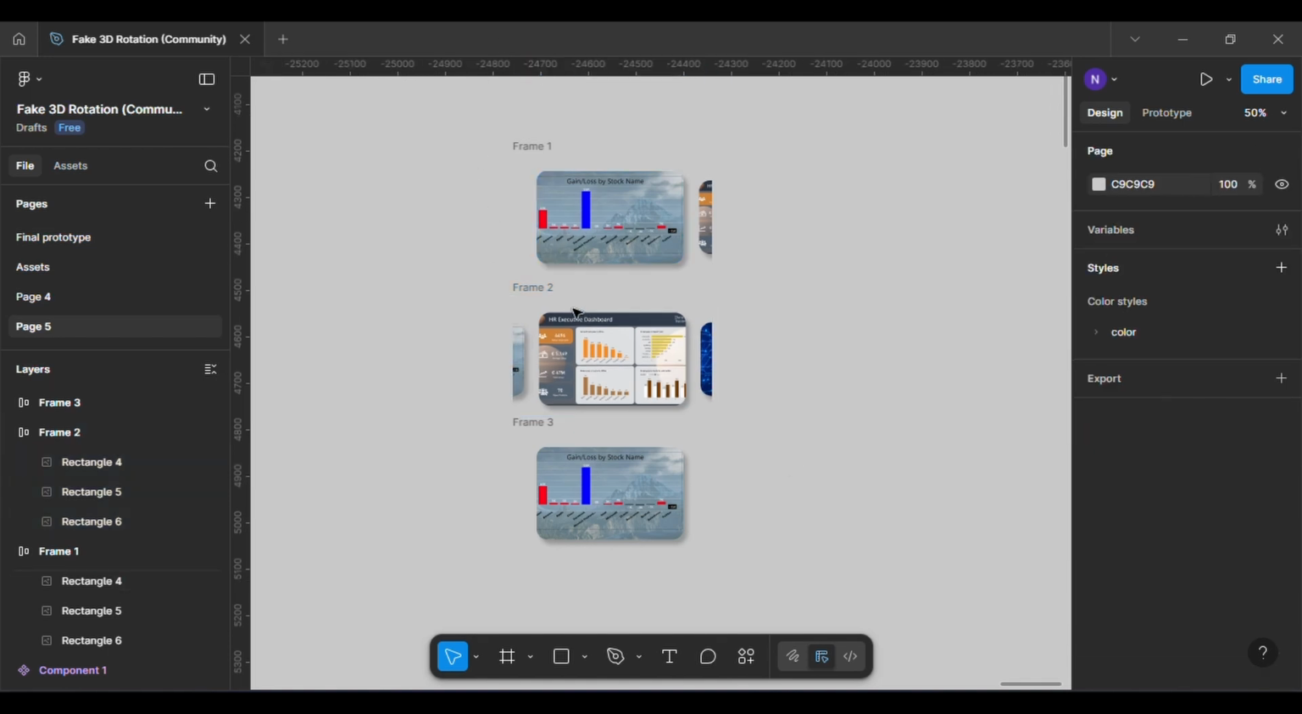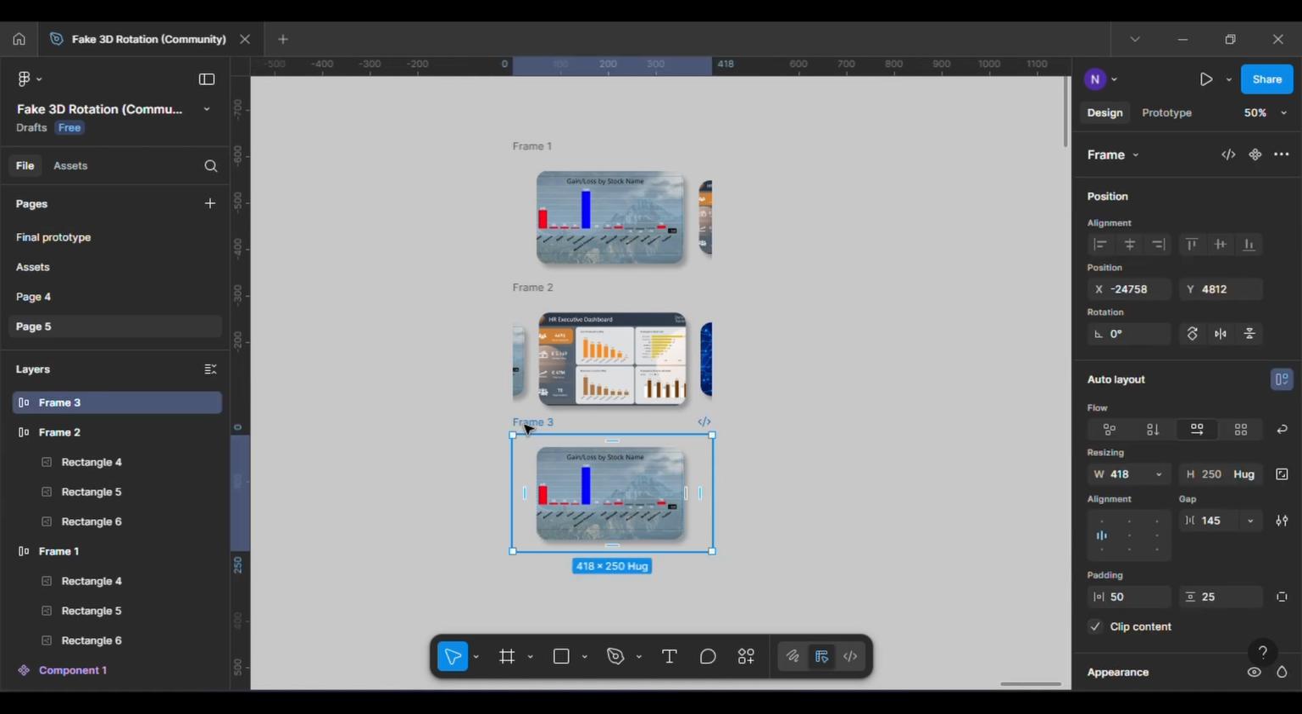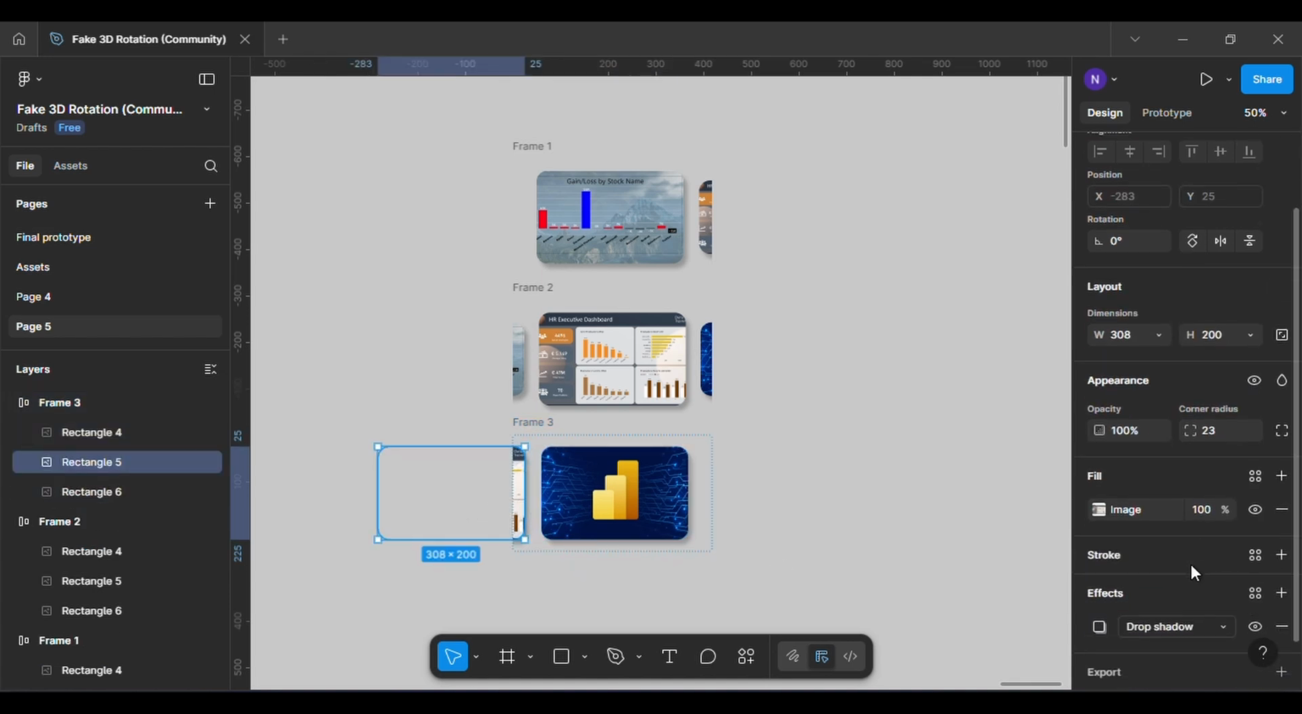We will do the same with frame number 3. First we will align it and then we will set the gap. After selecting this card